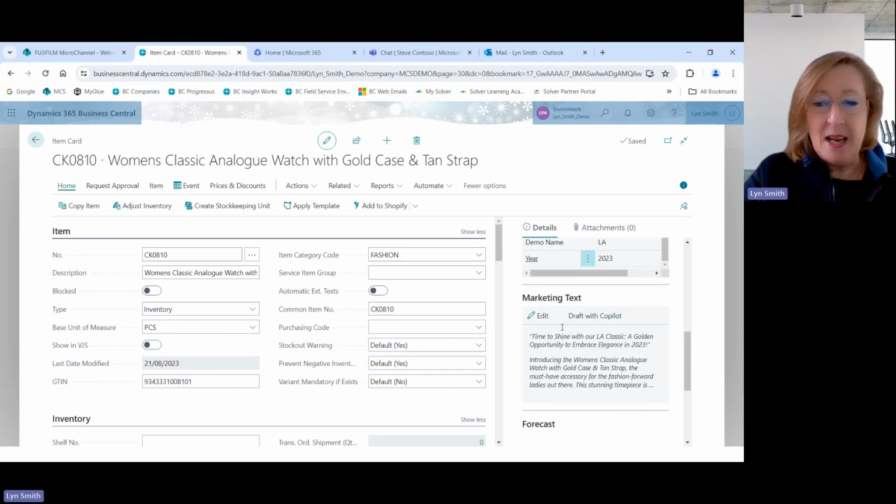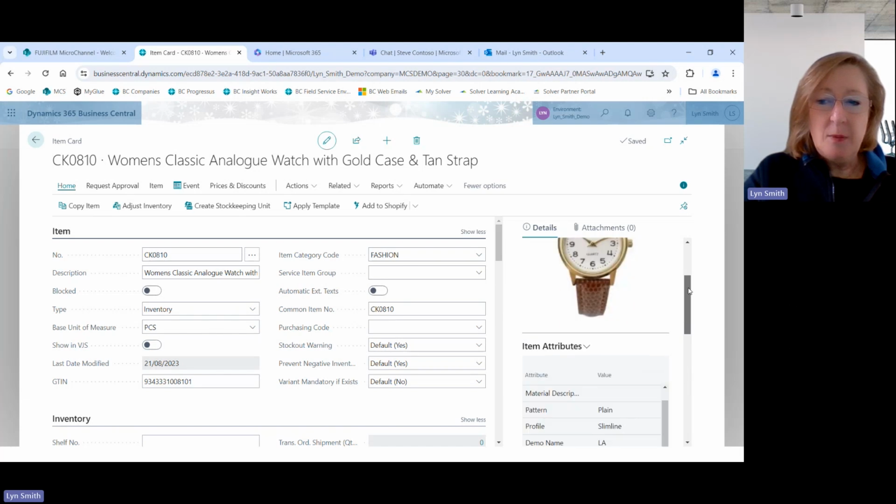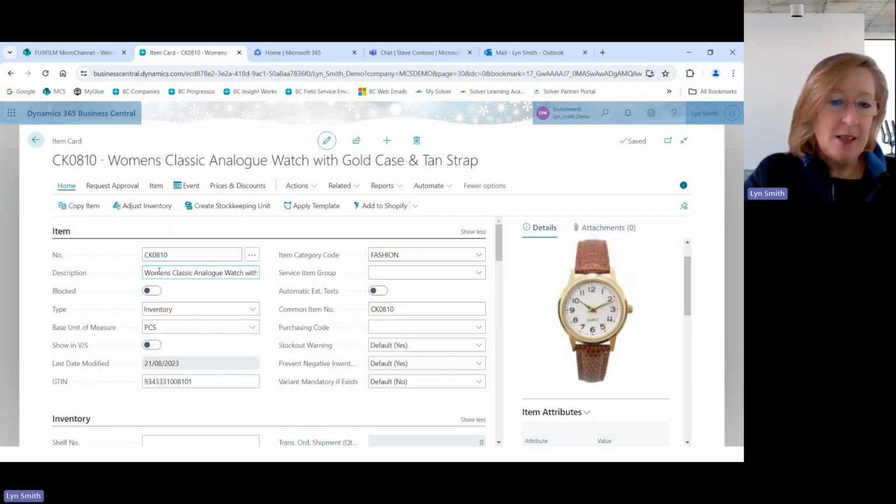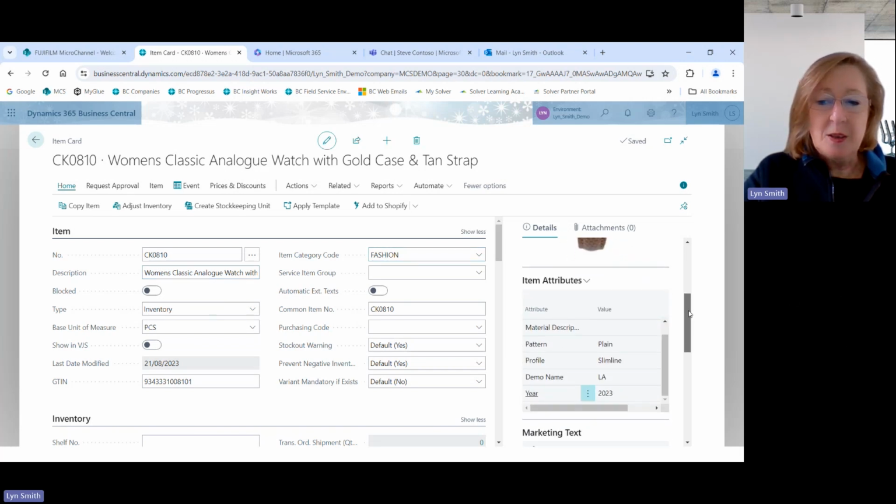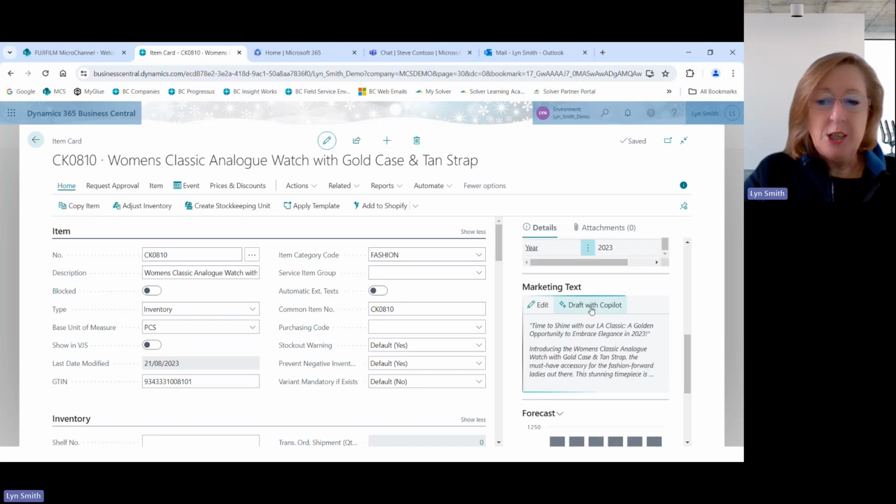So I can see here it has created some. And what it will do is it will actually come in, it scours the actual item card, it looks at the description, it will look at the category, it will also look at the picture. And in this case, we've got some attributes that it will look at. And then from there, it will actually come up with a description for us.